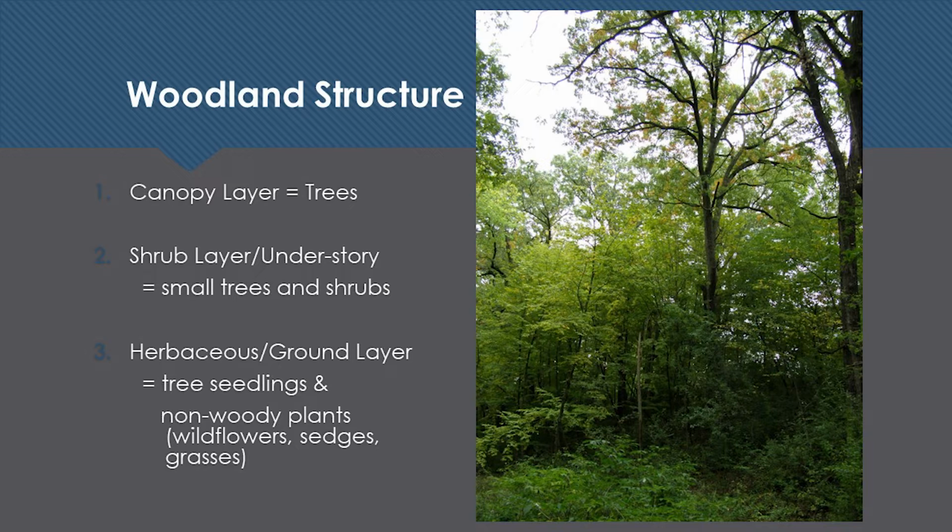The canopy layer is, of course, the most dominant tree species that are out there, and they have their leaves in the full sun. Those are the canopy species, and they define what kind of forest it is. You know, if it's dominant oak and aspen, then it's going to be an oak-aspen woodland. If it's sugar maple and basswood and elm, it's going to be the big woods. Those kind of things. If it's like prairie savanna, it would be white oak and bur oak. Anyway, and so the different types, all those colors you saw in the mosaic of that Minnesota map, all have different percentages of canopy, understory, and the herbaceous layer.